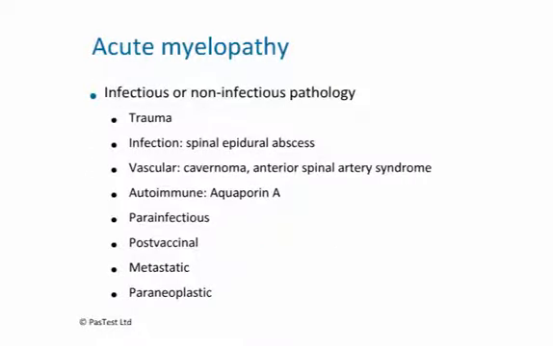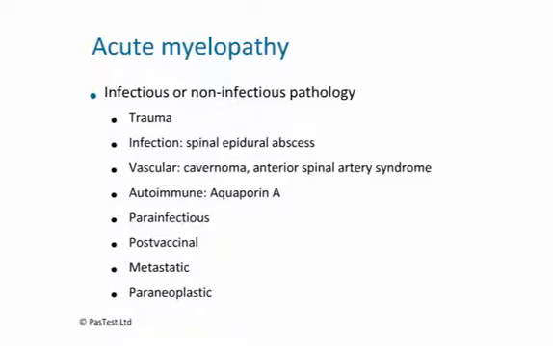Acute myelopathy or acute spinal cord dysfunction can arise because of number of etiologies. This can be infectious or non-infectious. And again, going through a surgical sieve pattern of formulating a differential diagnosis, this can be trauma, infection as in spinal epidural abscess, vascular problems as in cavernoma, anterior spinal artery syndrome, autoimmune disorders or post-infectious disorders, similarly para-infectious disorders, post-vaccinal dysfunction, which is often mediated through autoimmune mechanisms, metastatic disorders, which thankfully are rare in pediatric practice, and so